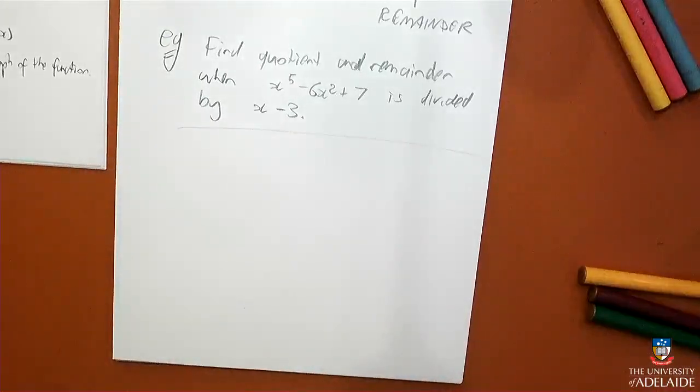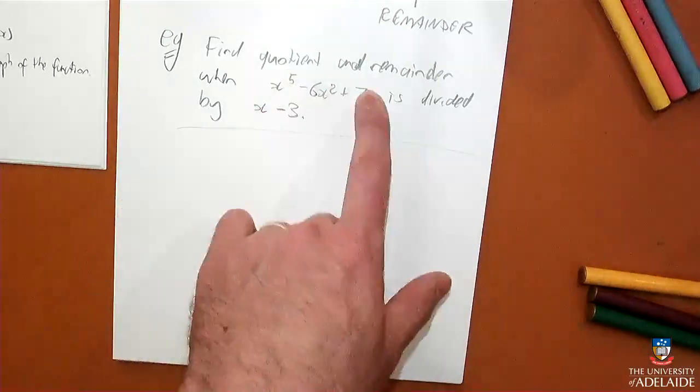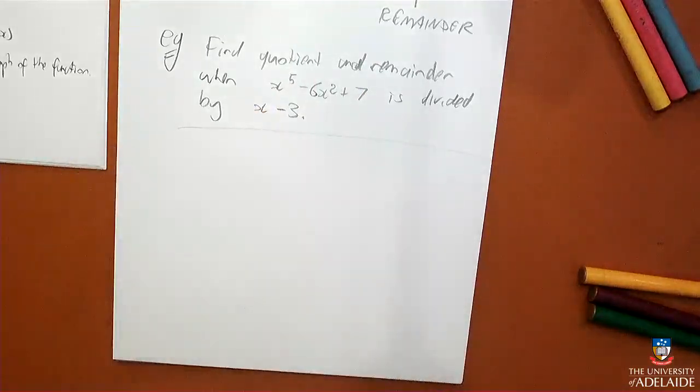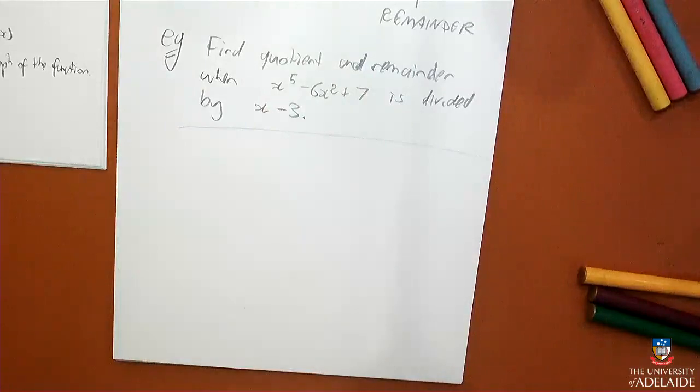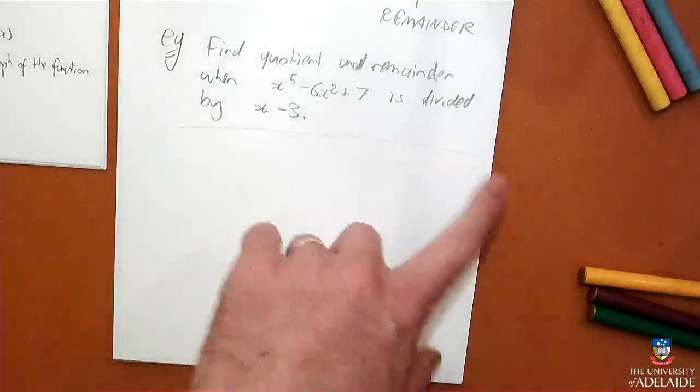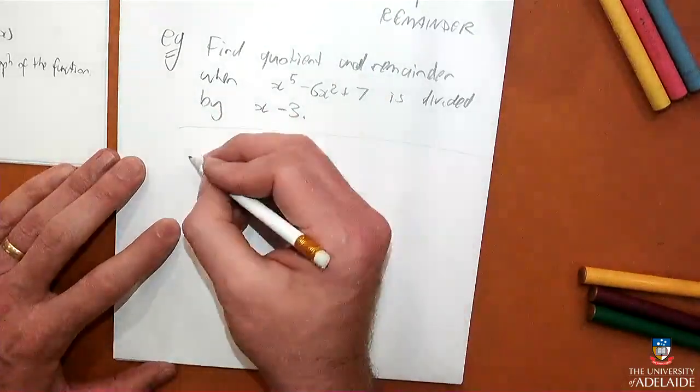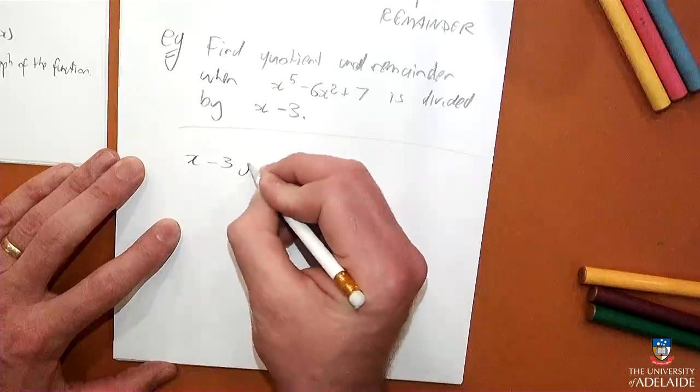So we're going to do a polynomial division. We're going to do this divided by that. So we're going to imagine it as a fraction with this on the top and this on the bottom, because divided by means that the thing after divided by goes on the bottom. And so we're going to get x minus 3